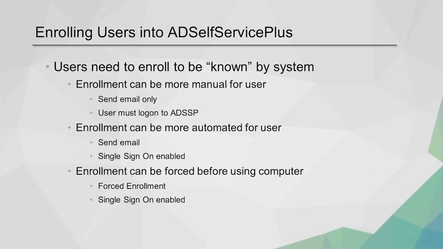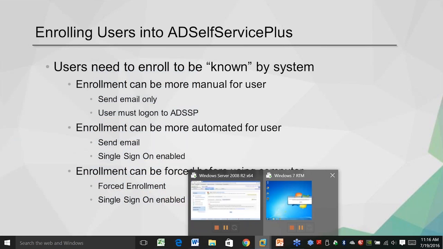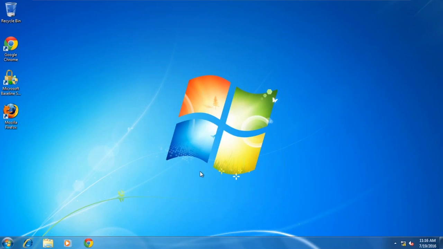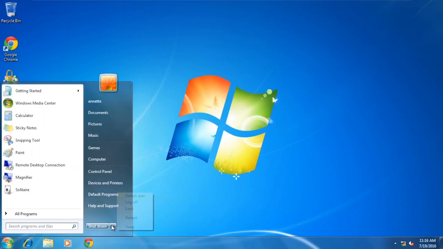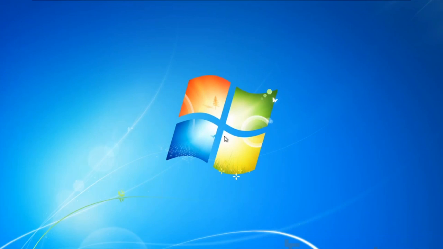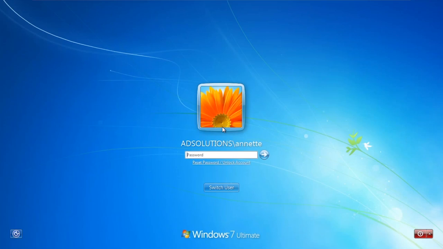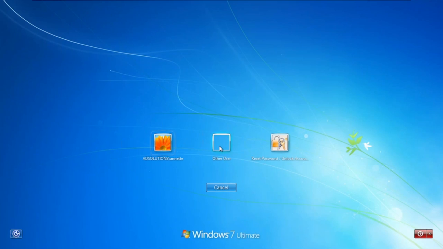So again, you first need to set up what the user is going to see, and after that you set up the fact that the users need to enroll. Now, I'm going to come back here and log on as a different user. I'm going to log off as Annette and log on instead as Aaron.